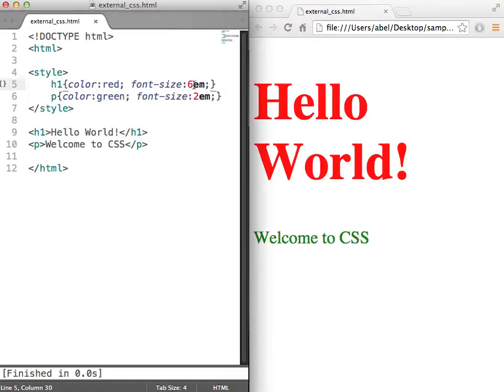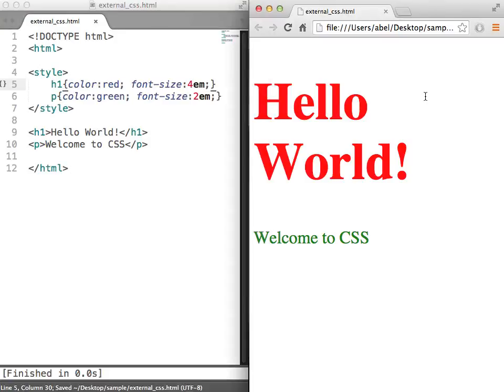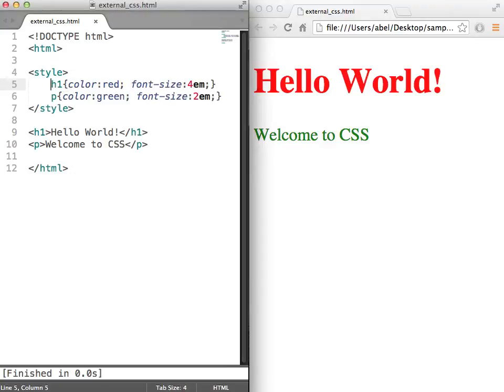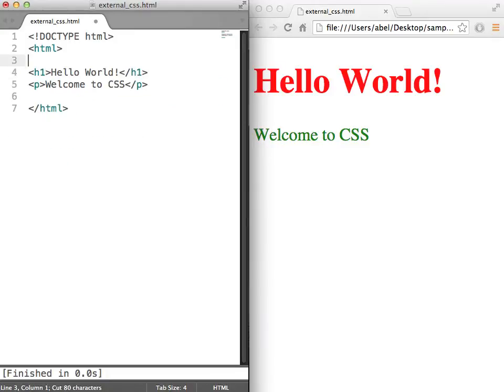Simply to illustrate the point, I will change the font here to 4, and our hello world should get smaller. And what we're trying to do now is move these styles onto its own page. So I'm going to go ahead and grab all of this, save the file, and then I'm going to create